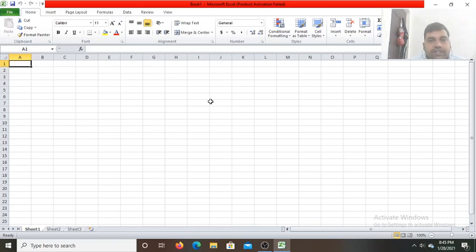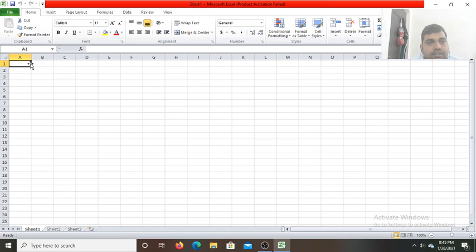In the last class we studied the different components of the Microsoft Excel 2010 window, how we create a new workbook, how we rename the sheet tab, and how we increase the width of the cell. Now today we'll study how to merge cells. And today we'll also study how to create a progress report and a result card in Microsoft Excel.